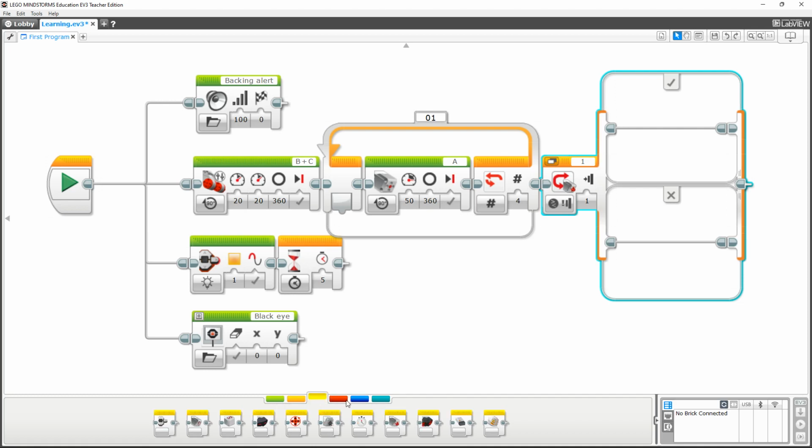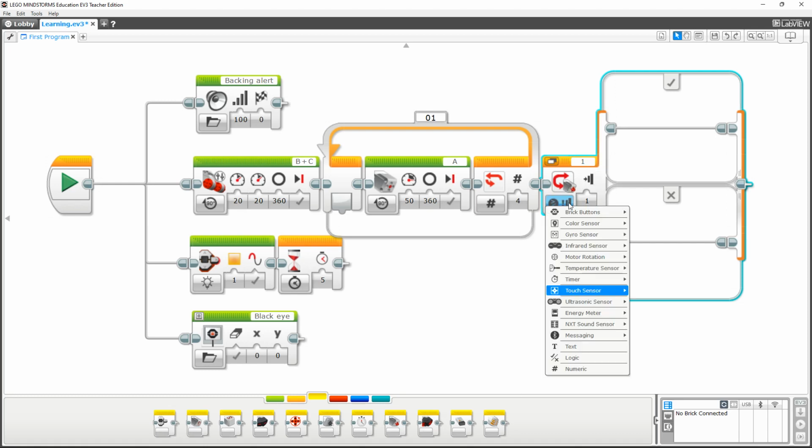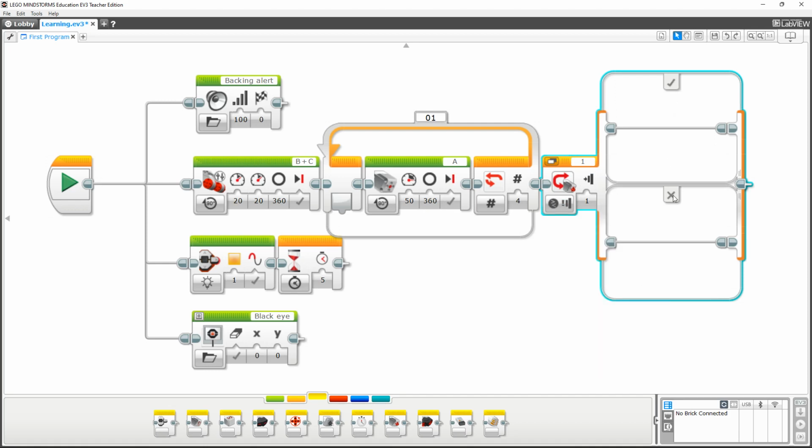My sensors are all in the yellow. I've got to remember what I'm doing. So let's say I do my push button sensor. That's what this is right now. It says a touch sensor compares states. So it's either touched or it's not touched. So that touch sensor,